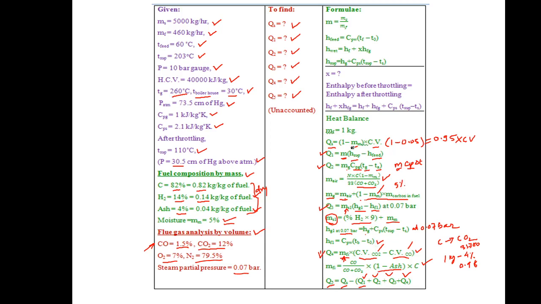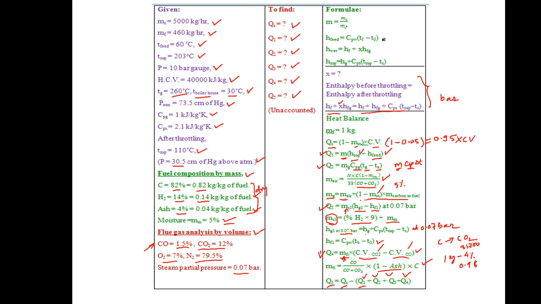Before this, to find out the enthalpy of superheated steam and the enthalpy of feed water, we need the dryness fraction of steam. To find the dryness fraction of steam, we have to go for the calculations of the throttling and separating calorimeter, or throttling calorimeter. So the dryness fraction has to be obtained. In order to obtain it, we must know the pressure before throttling and the pressure after throttling. The pressures are given as gauge pressure or centimeters of Hg, so that is to be converted into bar, and after converting the pressures into bar, we can go for finding the dryness fraction.